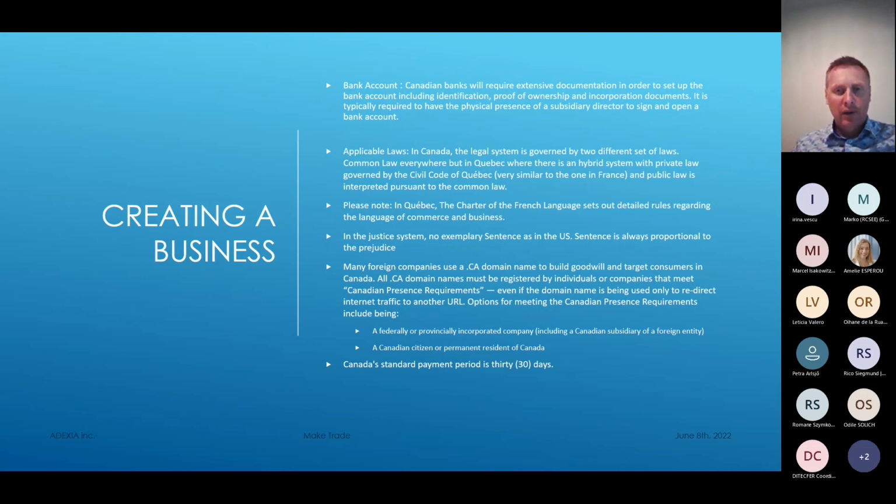I will talk about it a bit later, but first of all, you have to understand that a typical notice of resignation is 2 weeks. In France, for example, typically it's 3 months. Here in Canada, it's 2 weeks, so it goes very fast. People can resign and be gone the next day, and sometimes they don't even do their 2 weeks. And it's very difficult to enforce in any case.